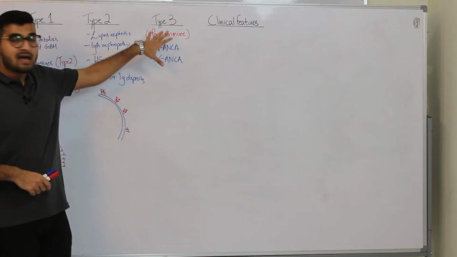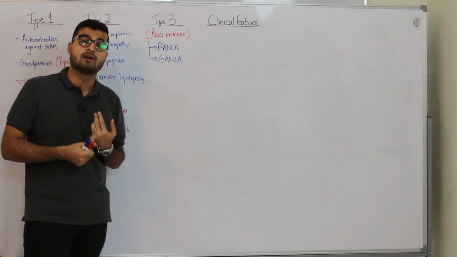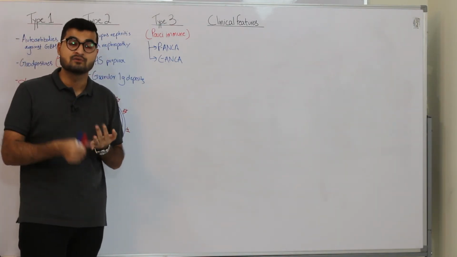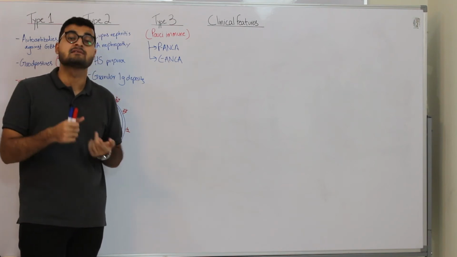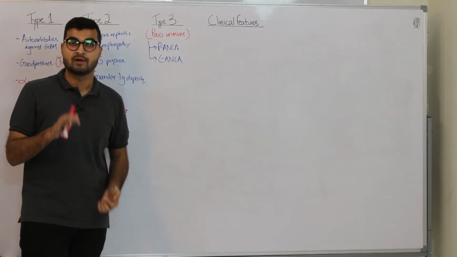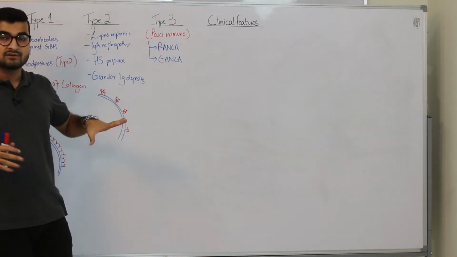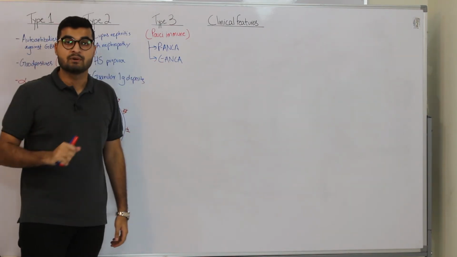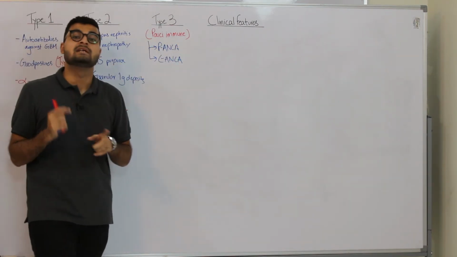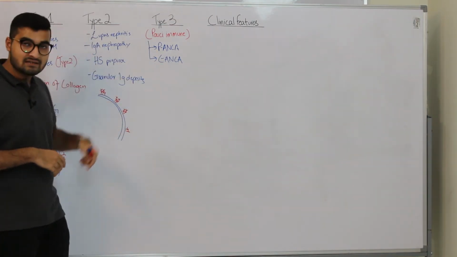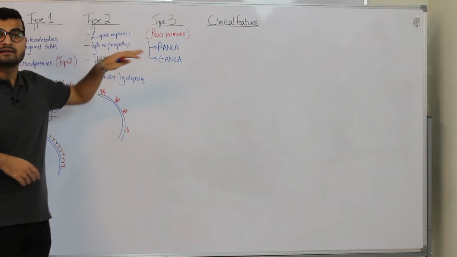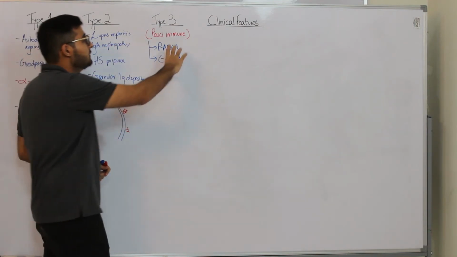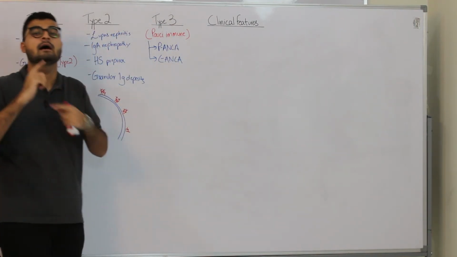So P ANCA and C ANCA are involved in a few vasculitides such as Churg-Strauss, microscopic polyangiitis, and Wegener granulomatosis, right? In Wegener granulomatosis you have C ANCA, while in Churg-Strauss and microscopic polyangiitis you have P ANCA mediating the whole damage. Keeping this in mind, in type 3 you have no immunoglobulins present. Instead you have P ANCA or C ANCA